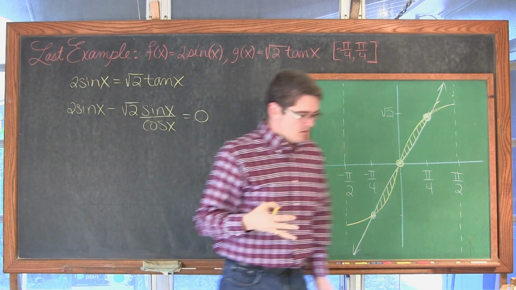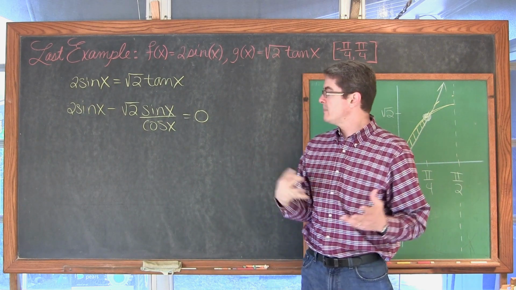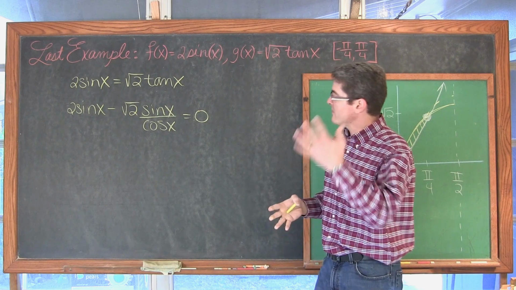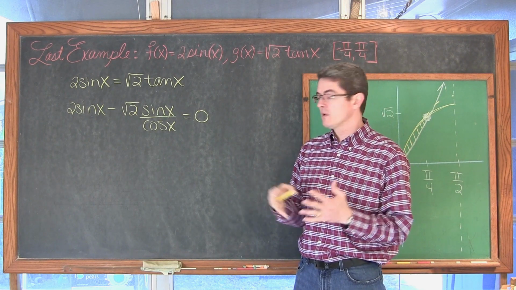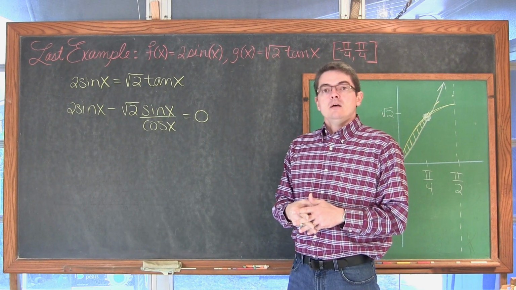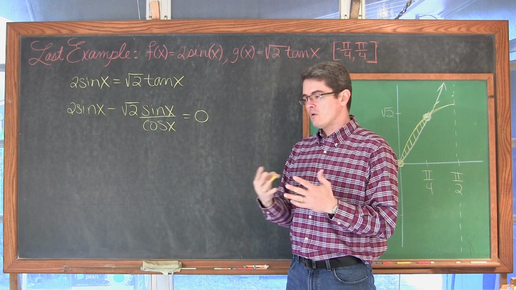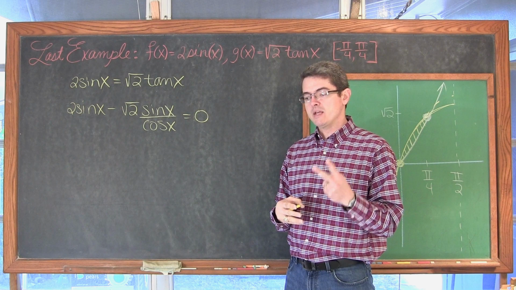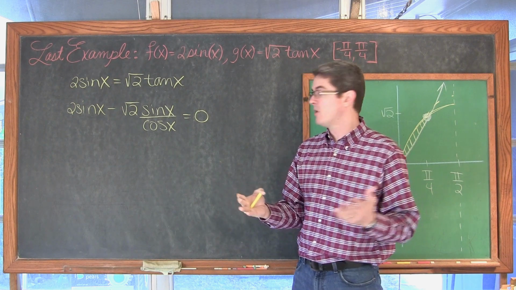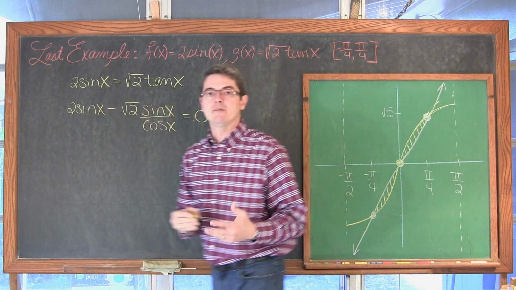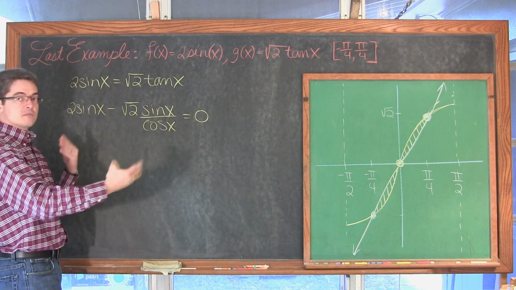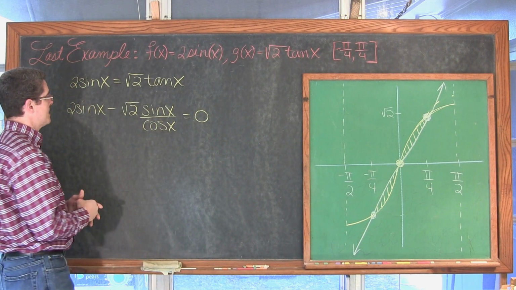Now when you're talking about your algebraic functions, and maybe there's something more complicated that I don't have off the top of my head, or we haven't dealt with at the level of math we're at, one of the rare cases where we can solve an equation when there's two variables in it at the same time is if they factor apart. And indeed, both of these terms have a factor of sine. And there's a cosine function too. So we still, again, have two variables in the same one equation.